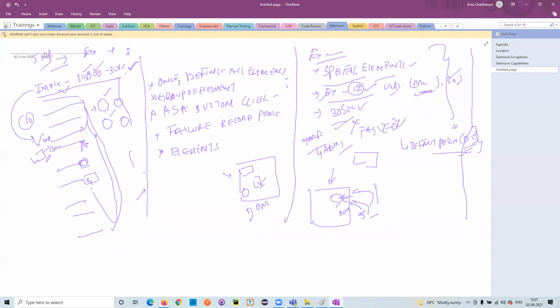For example, I was working on a home page. I entered username and password and clicked the login button. Now I should go to the home page, but if this login functionality failed, what else can I do on the home page? It is a waste of time, so I will use the explicit wait. If you use implicit wait, I have 100 elements in the home page, and I'll wait 30 seconds for all the elements which I need to validate.